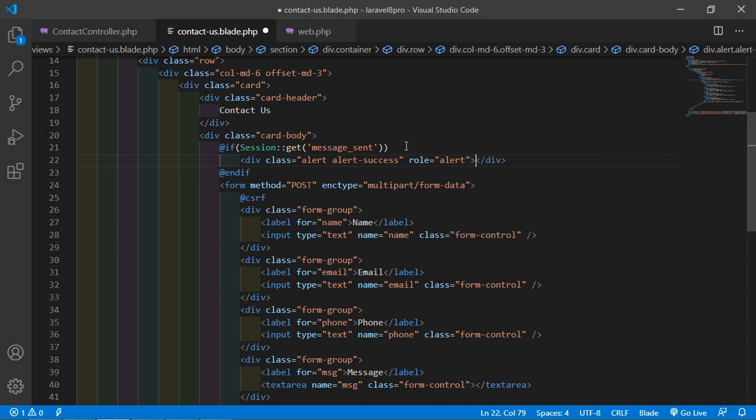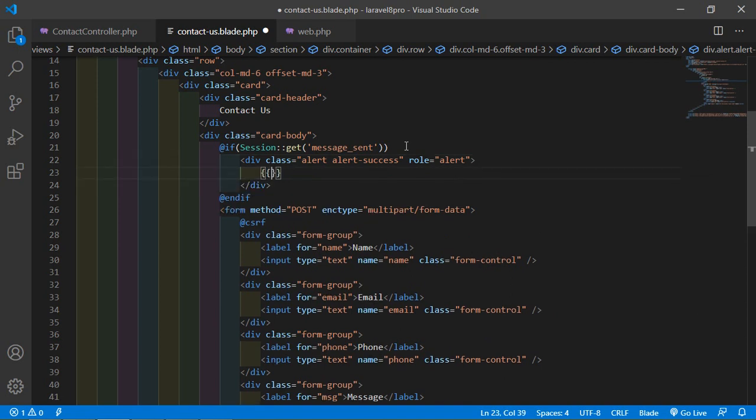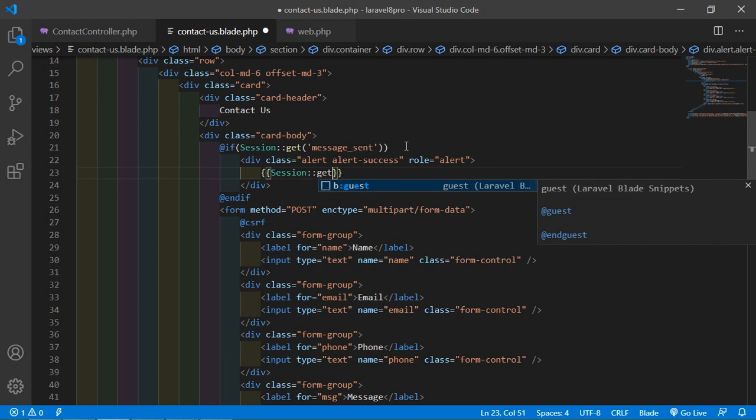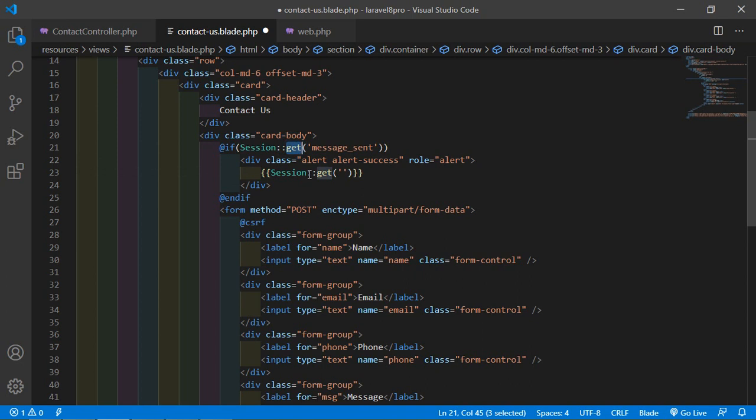Now just close this div, and inside this div print the message, so just write a double curly bracket Session colon colon get, and inside this just add the key. Okay, and for getting the key just call Session colon colon get, and pass here the key. Now save this file.